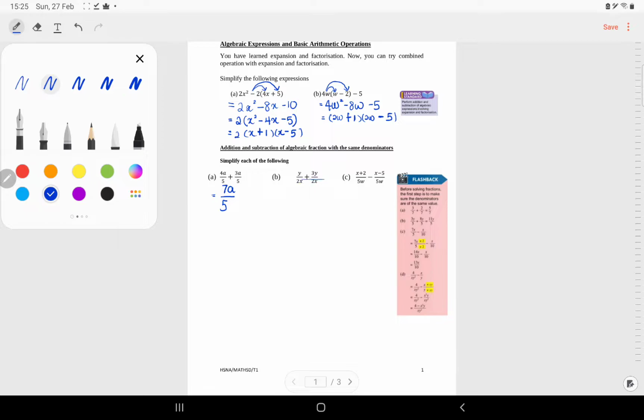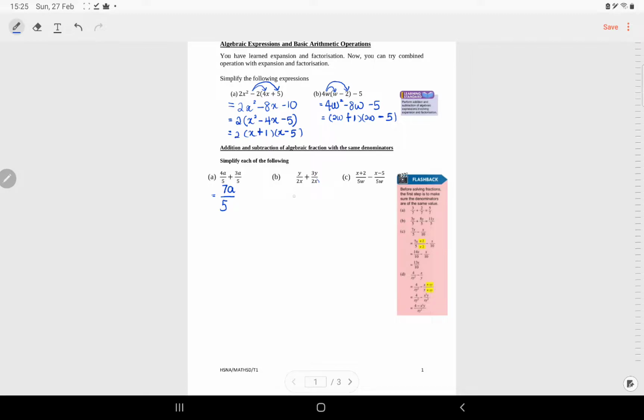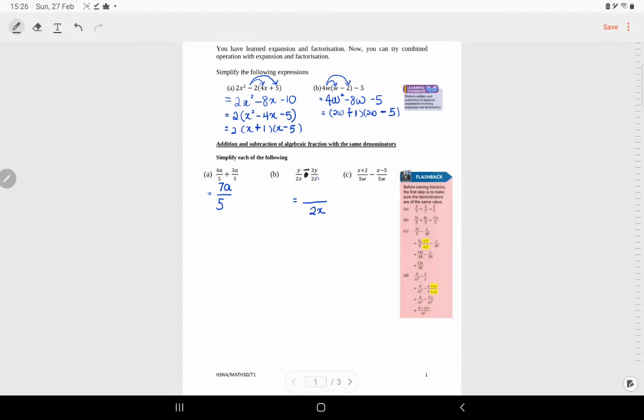So next, the denominators are 2x and 2x. So our common denominator here will be 2x, and we can add the numerators. Okay, so our common denominator is 2x. Now here we have subtraction. So the subtraction here, y minus 3y, will give me